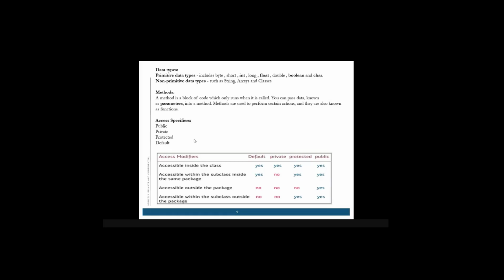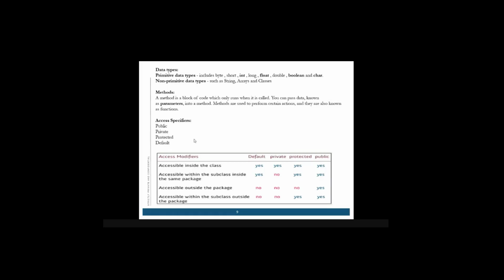Character is when alphabets are required. Non-primitive data types are such as string, array and classes. We will learn more about them in detail at a later point of time. Now comes the method.